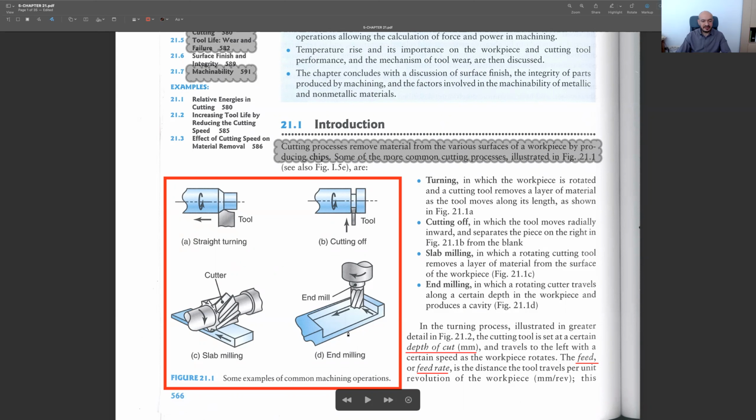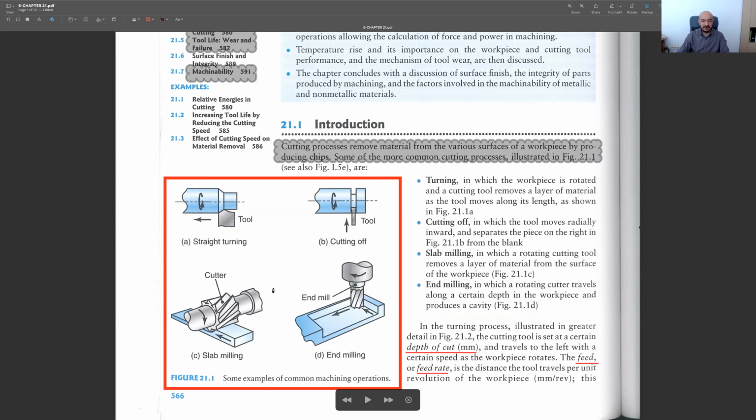If you look at the below ones, we have milling examples. The first one is slab milling. In slab milling, the axis of this cutting tool is actually parallel to the surface being machined. This is the main difference with respect to end milling. And as you see, depending on the width of your cutter, you may remove this part of material maybe in a single motion. And if you look at end milling this time, the axis of rotation of our cutter is perpendicular to the surface to be machined,